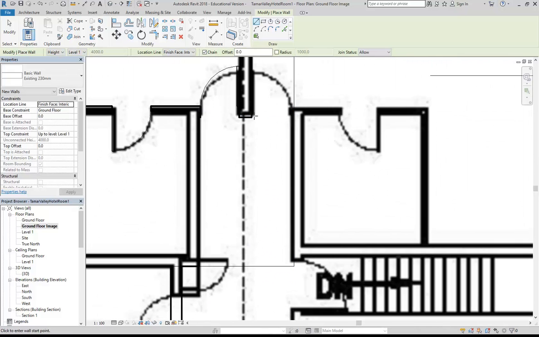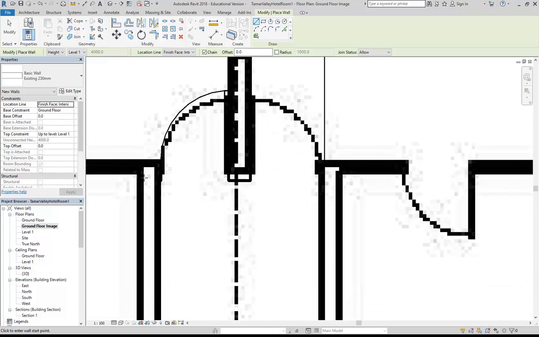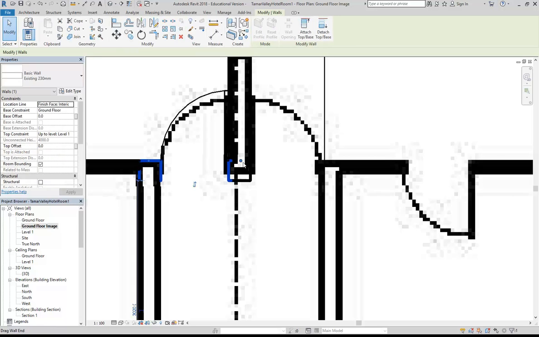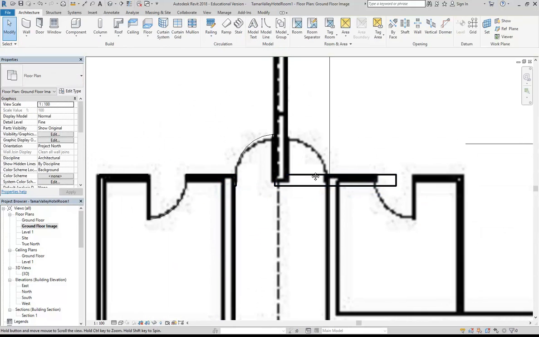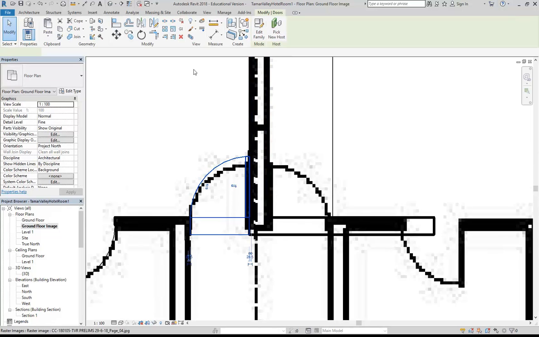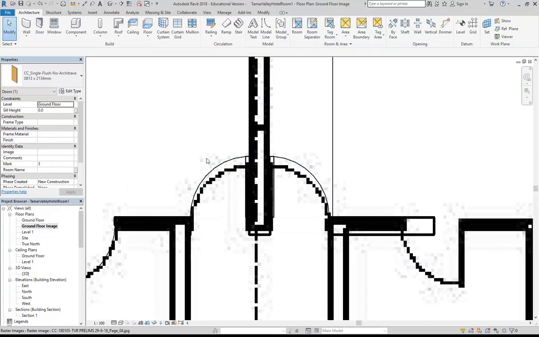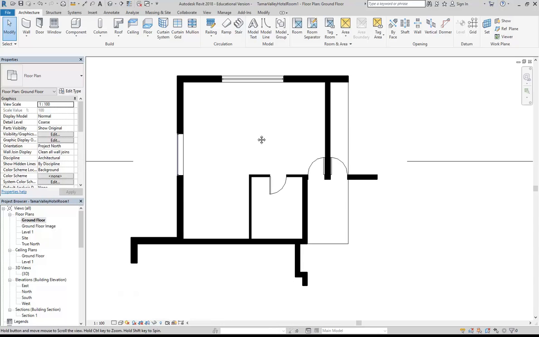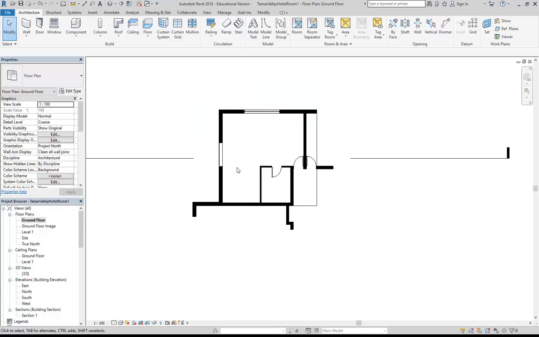And even over here, maybe I'll just extend that wall. So, in fact, I might just select the wall that I've already drawn, which is there it is, and extend that by stretching it. And then I'll mirror the door, just like so. Okay, so all I've done there is just extend those walls out past the room,